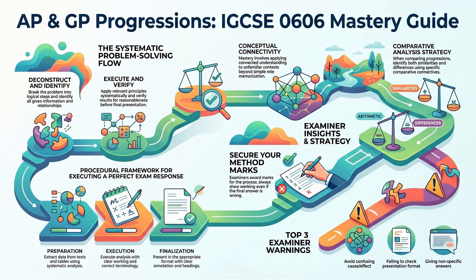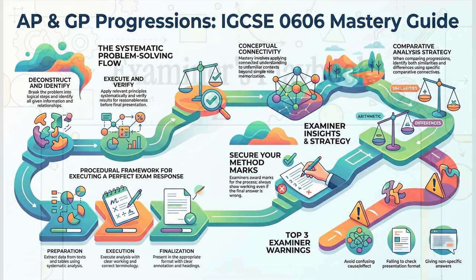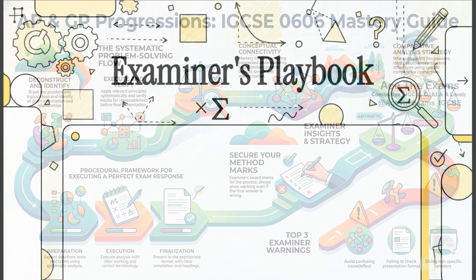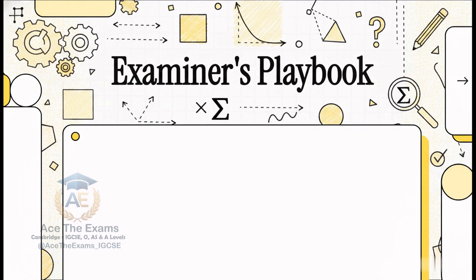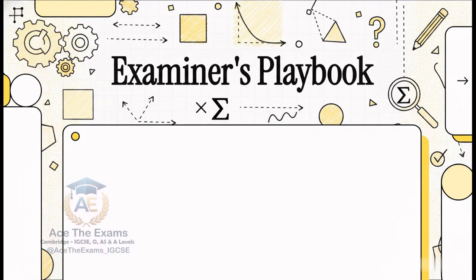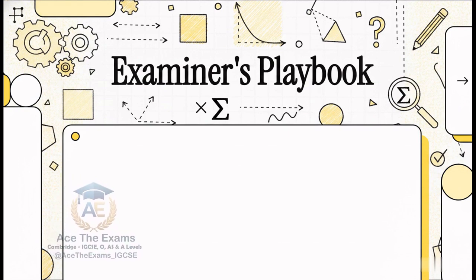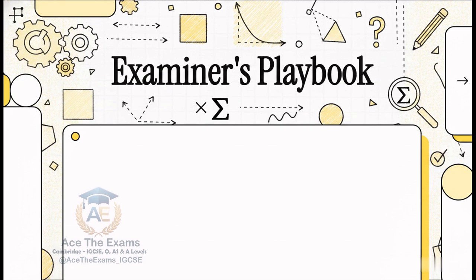Okay, let's jump right into this explainer. Today, we're completely decoding Cambridge Additional Mathematics 0606, specifically diving into arithmetic and geometric progressions. But here's the twist. We aren't just looking at the raw math itself. We're actually looking at it directly through the eyes of an examiner. We're going to crack open the examiner's playbook so you can see exactly what separates a pretty good answer from